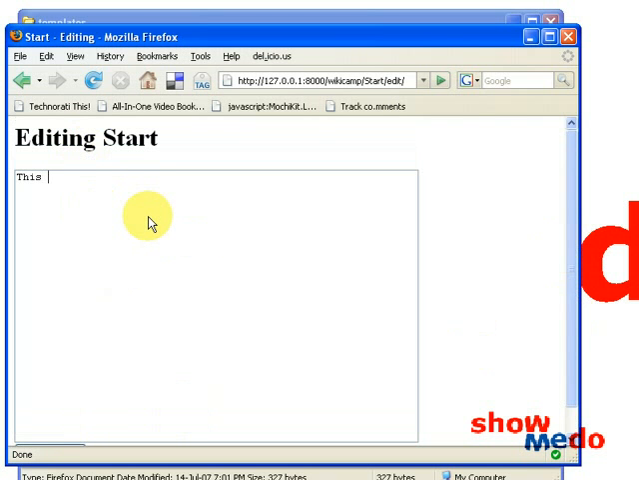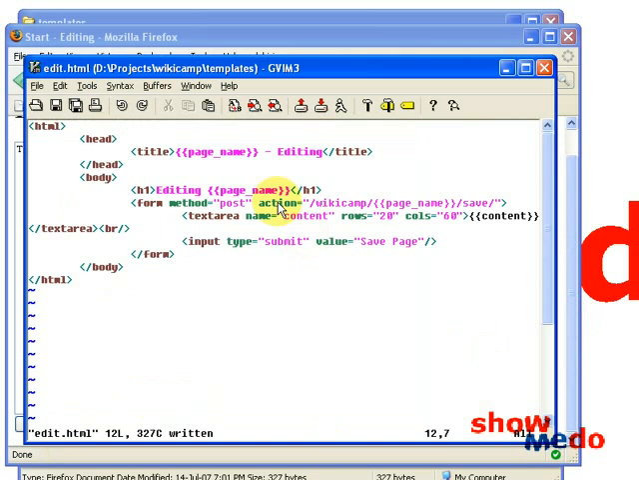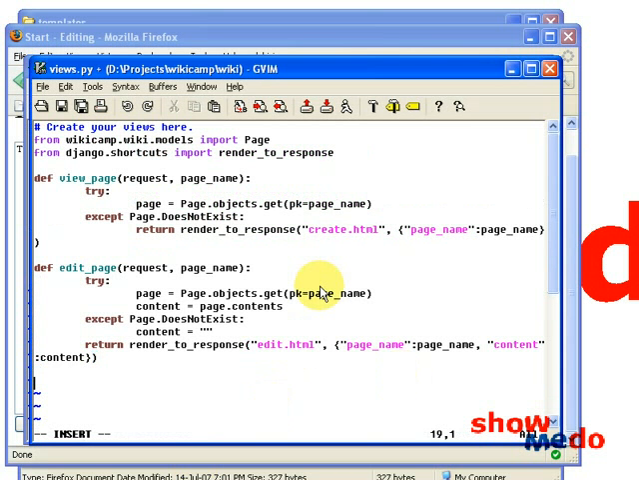So we can now put in some content here. This is the start page, but we can't click the submit button yet because we haven't yet implemented the save URL, this URL. So if we want to save this page, we're going to have to do that, and let's do that now. So that URL is mapped to the save page function. If you look at the urls.py from before,